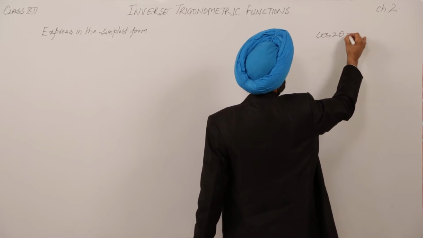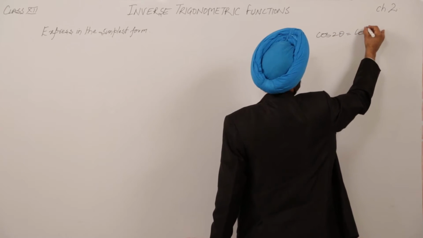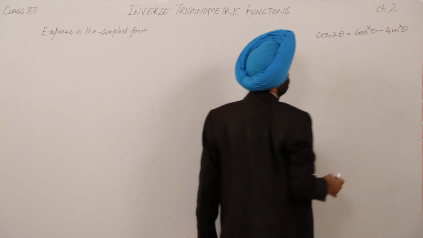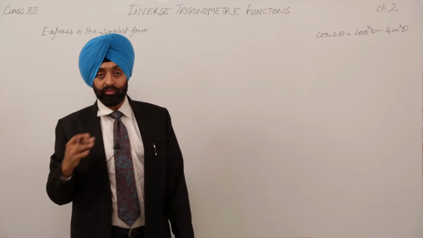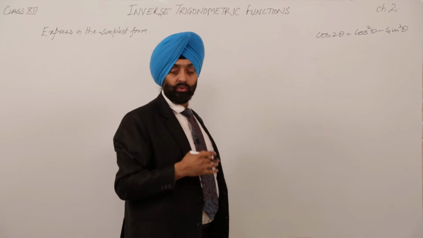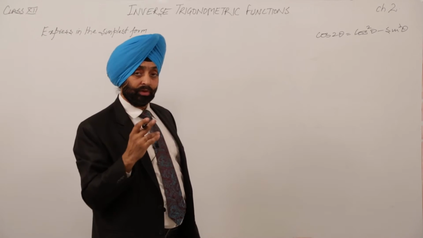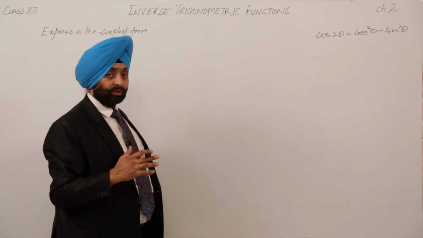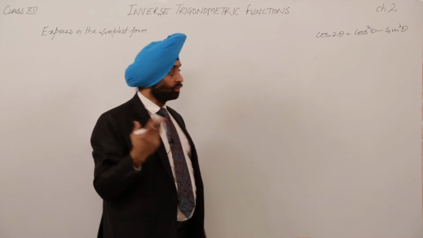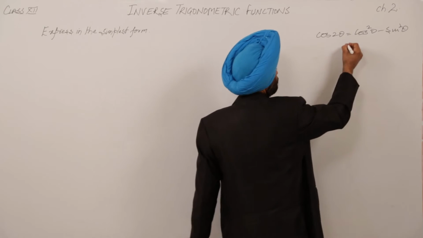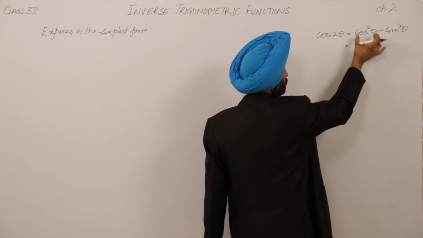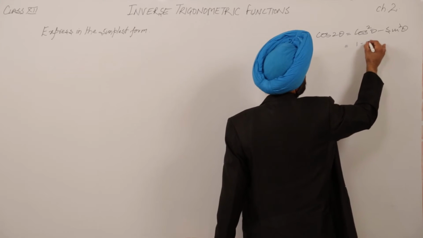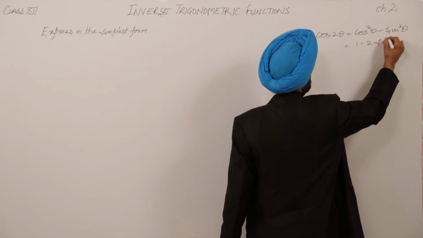Cos 2 theta is equal to cos square theta minus sin square theta. You have already derived this in 11th class. For cos 2 theta, you can take the formula cos(A plus B) and write cos A plus cos A, so in place of B you write A, and it becomes cos 2A, or cos 2 theta. Now, the second part: if we take cos square theta as 1 minus sin square theta, we get 1 minus 2 sin square theta.